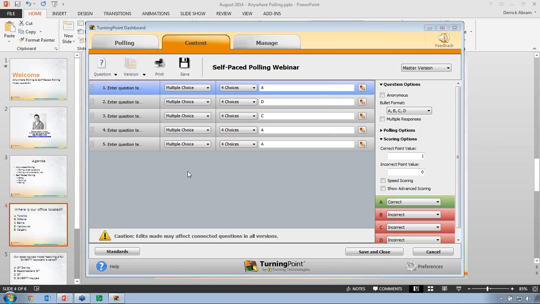Okay, where's the ability to change answers? I'm assuming you mean to change what the correct answer is. For a self-paced test, all you have to do is type into the box here what the actual correct answer is. When it comes to the keypad, I'm going to show you guys in just a second how specifically that's going to work.